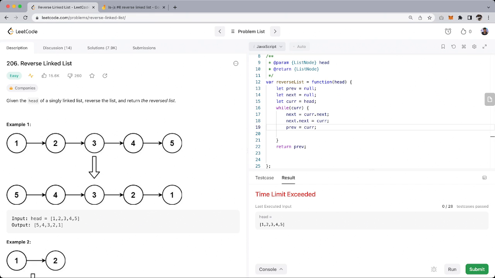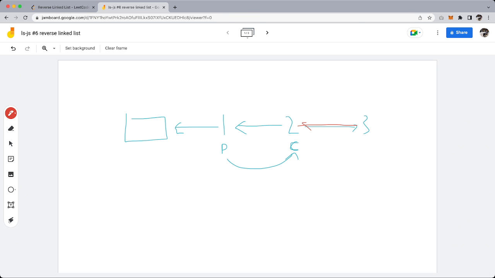Again, time limit exceeded. How much time do we have here? Plenty of time. So back to the drawing board. So we set next, in this case, to current.next. Previous element. Okay, so while current is not null,